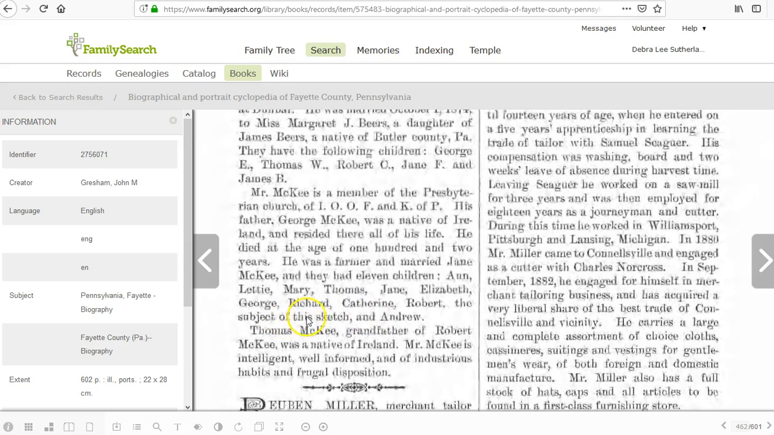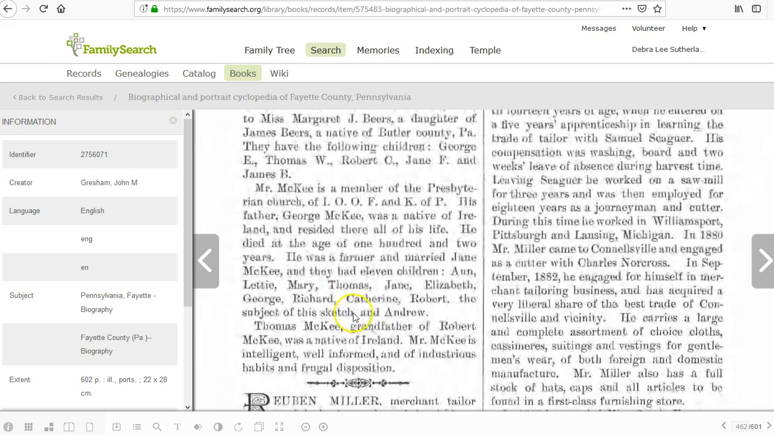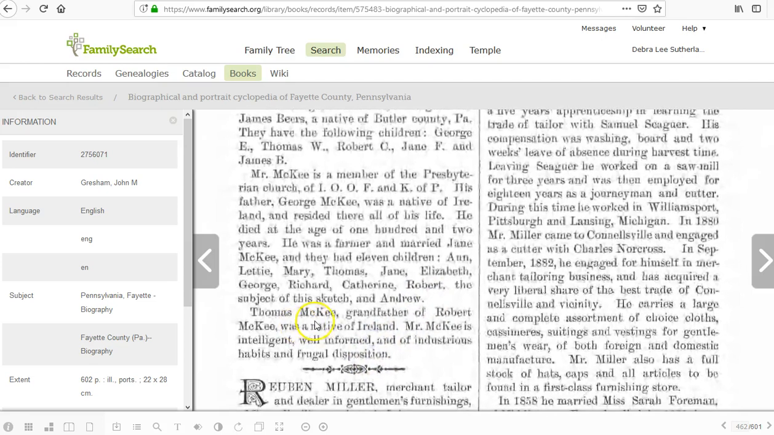It says the subject of this sketch and Andrew McKee. So he says the farmer. So it's saying that Robert McKee, the subject of the sketch, and then a brother named Andrew. Andrew's also a very popular name in my family. Thomas McKee, grandfather of Robert McKee, was a native of Ireland. Mr. McKee is intelligent, well-informed, and of industrious habits and frugal disposition. It's always a nice thing to hear about someone in your family. Now, the grandfather being Thomas McKee is even more exciting to me because I know that there was a Thomas McKee